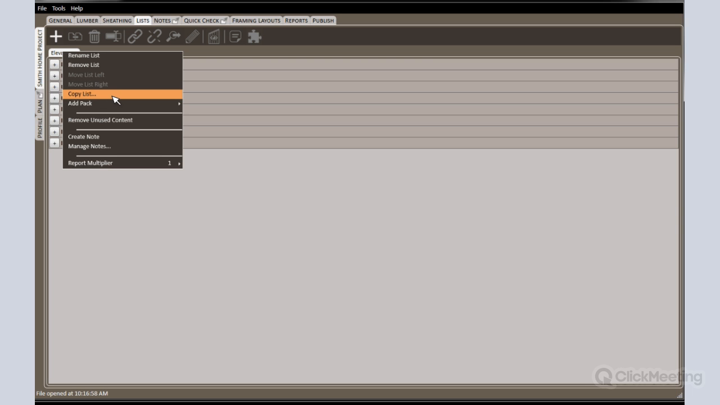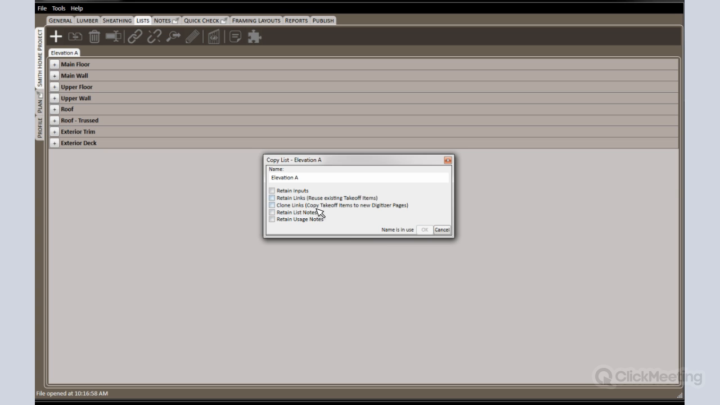Now this is not a new feature, this part, but we've added something into the copy list functionality that is new. And that is this right here, clone links: the ability to copy takeoff items to new digitizer pages. It automates that process. So I'm going to choose retain inputs because I want an exact copy. I'm also going to clone my links and retain my notes. And I'm going to rename this or give this an appropriate name. So in this case, this is going to be elevation A with